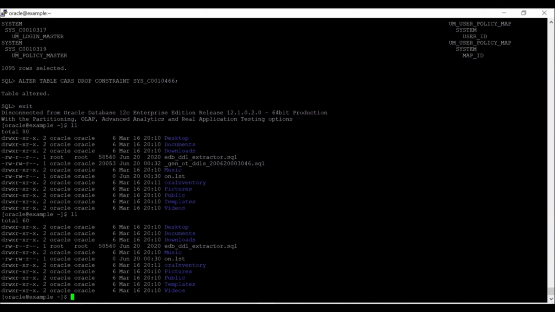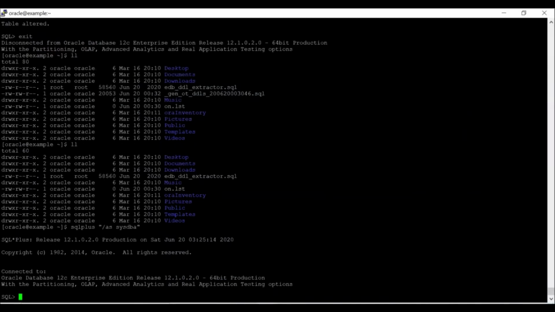Now I'm going to connect to my Oracle database, and execute this DDL extractor.